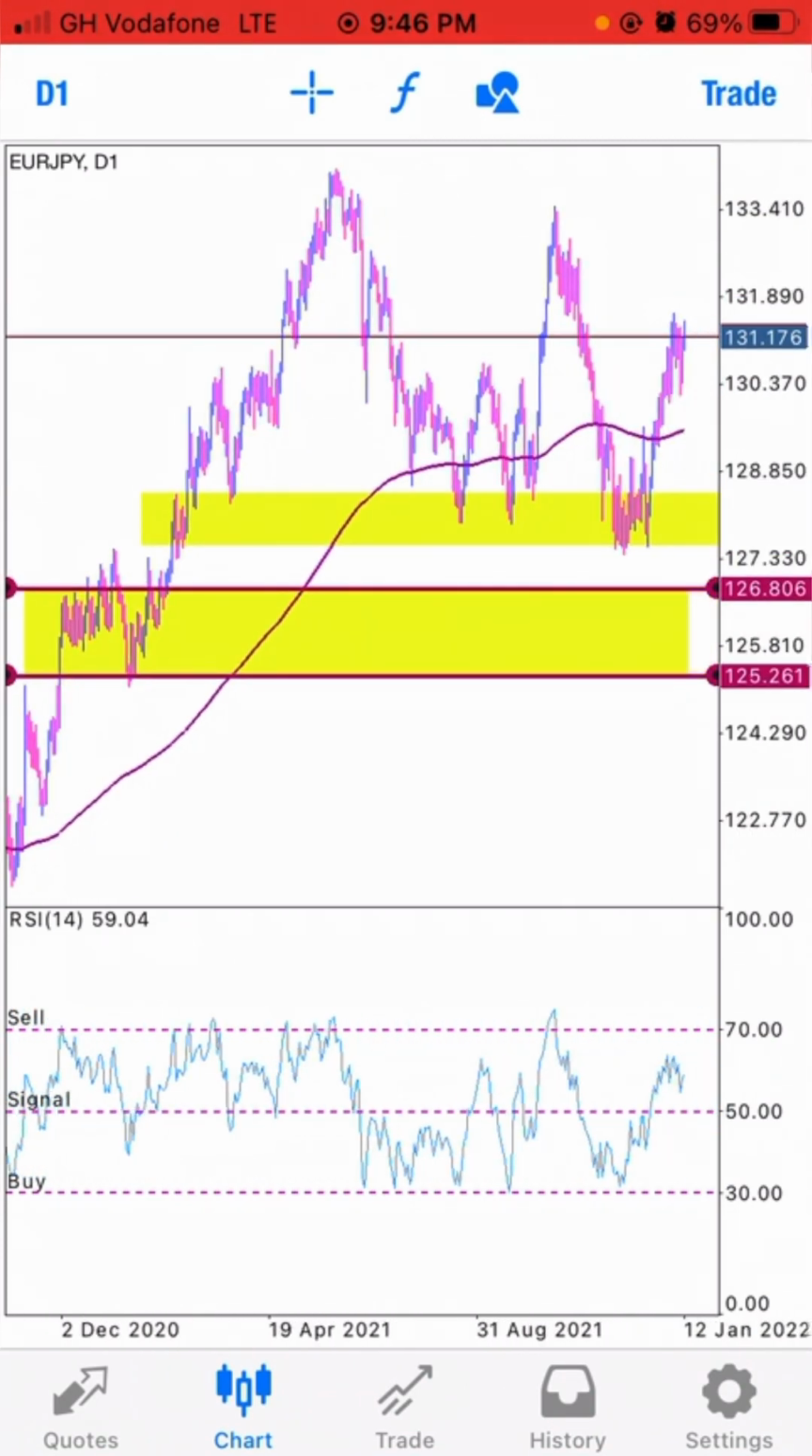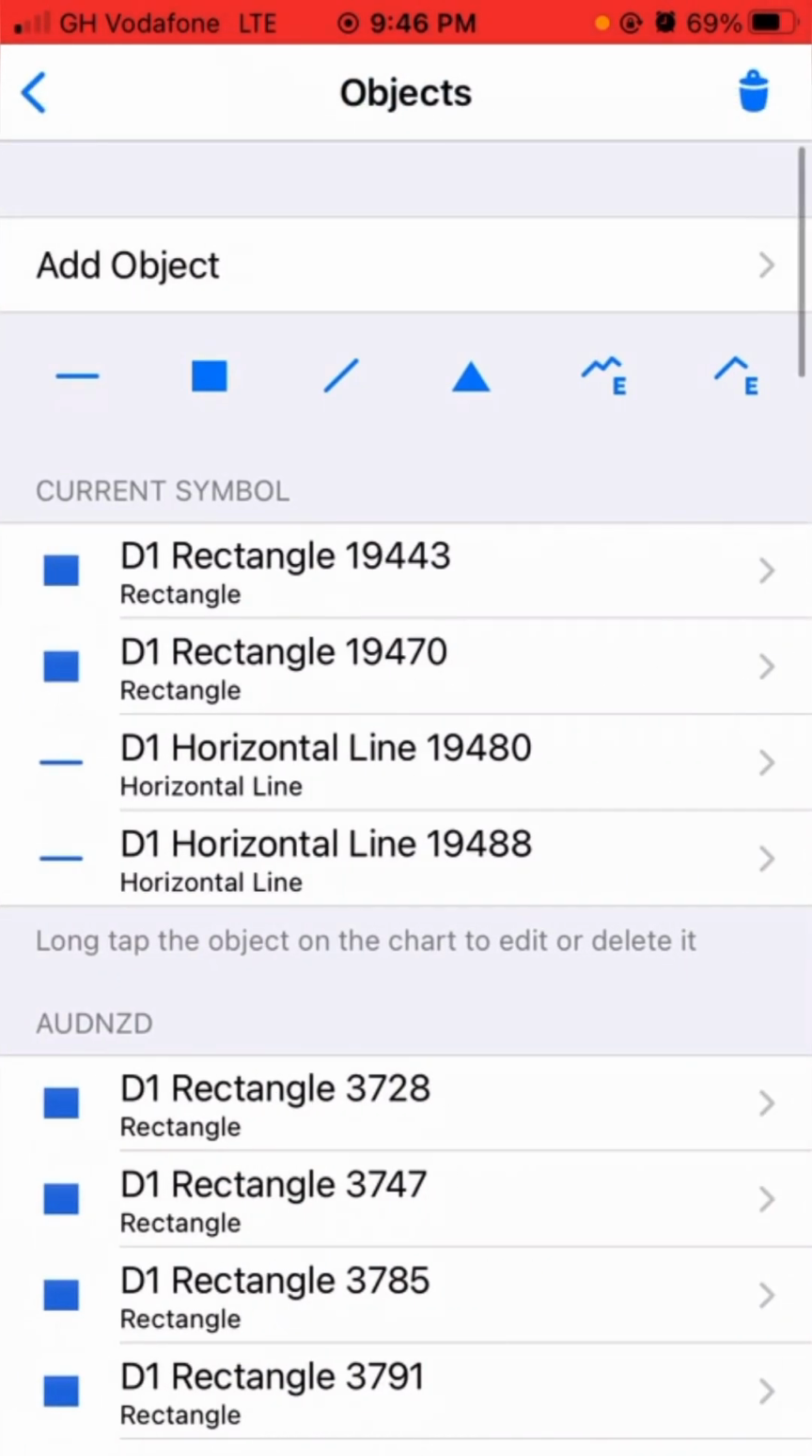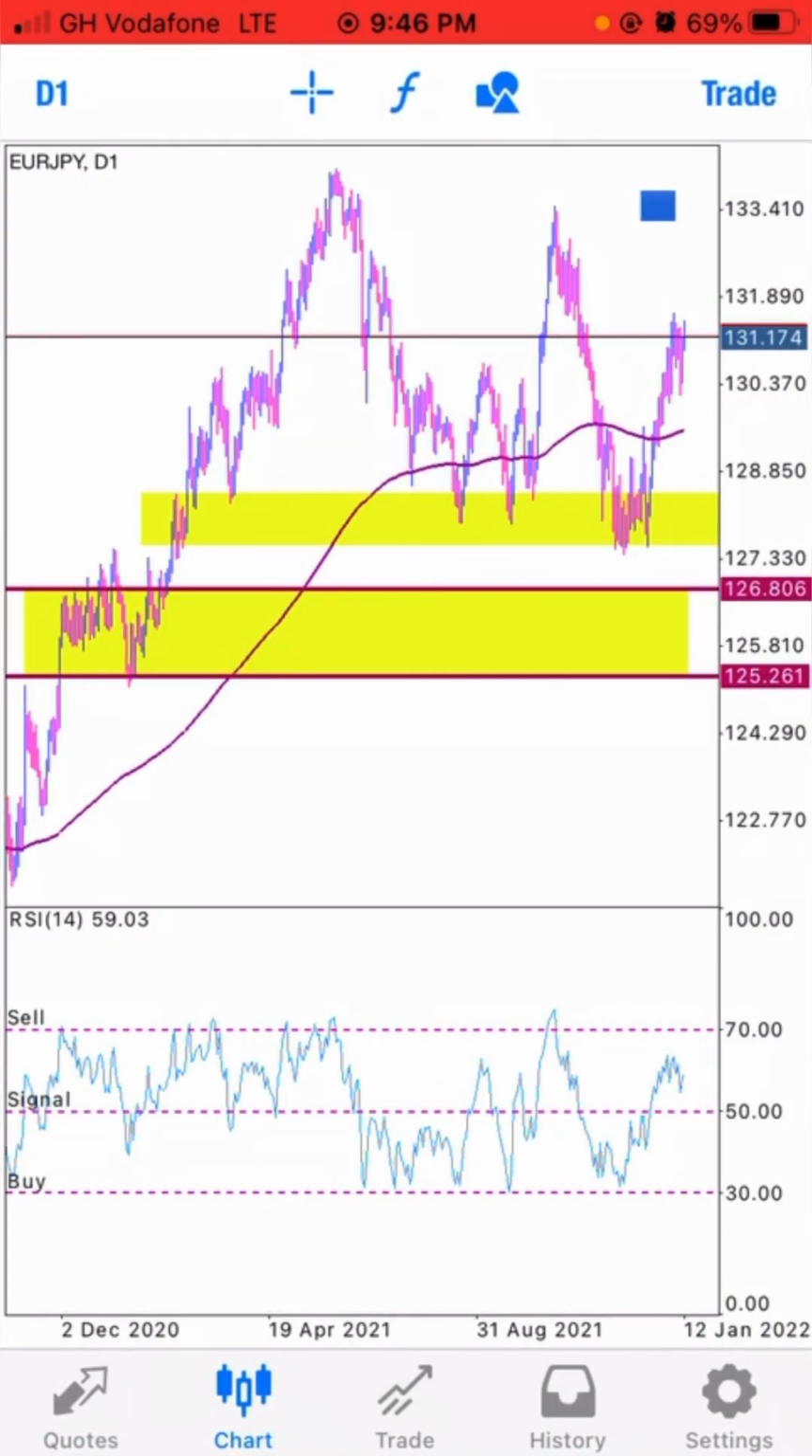But I'll focus on buying at. I'll put some pending orders. The first one should be at 126.806, and then the second one should be at 125.261. If the first one touches and the market comes down, there's a possibility it will bounce back from this 125.26 level. So that's the demand zones. The first one, the second one,